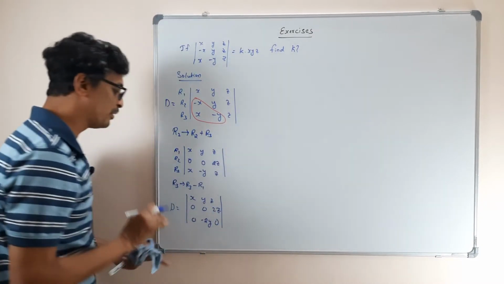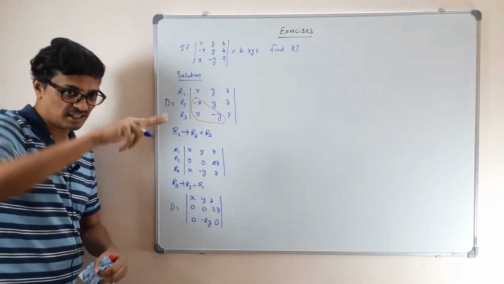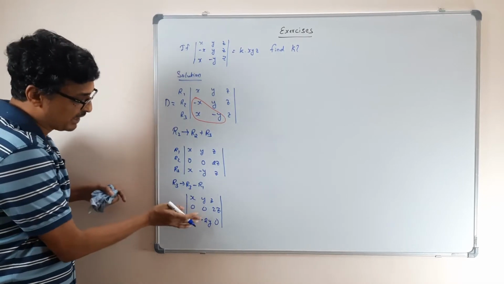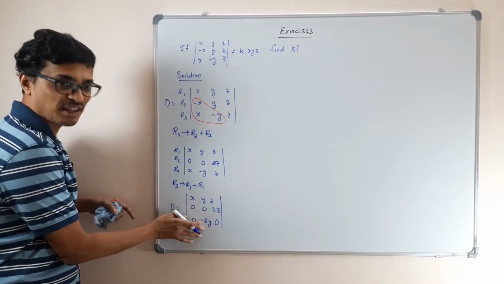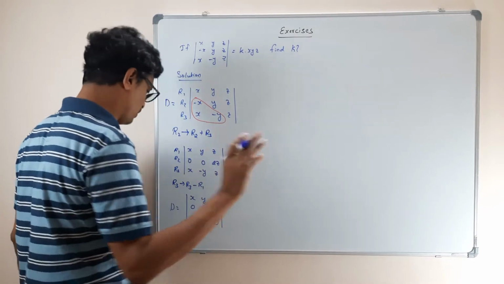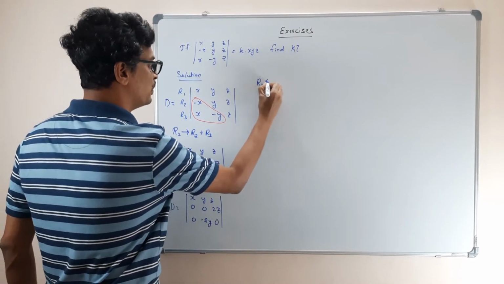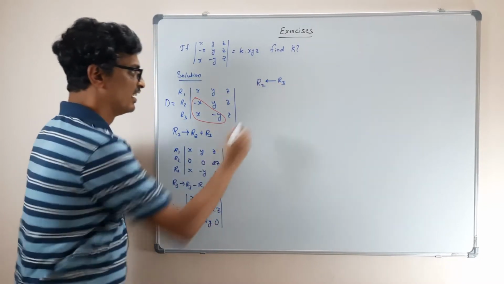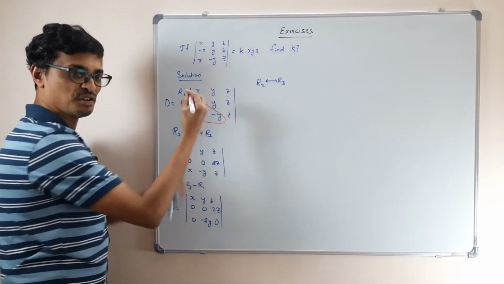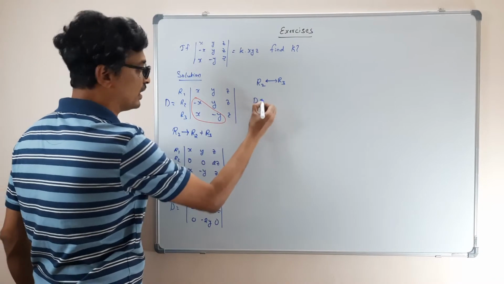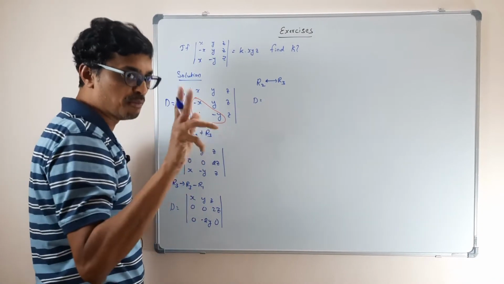Then your determinant will become minus, for one term it will become minus. That will be easier, because this 0 automatically comes down. So let us swap. That's a good one. So what we are going to do is swap R2 with R3. Swapping, so then your determinant becomes negative, because one swapping will make it negative.